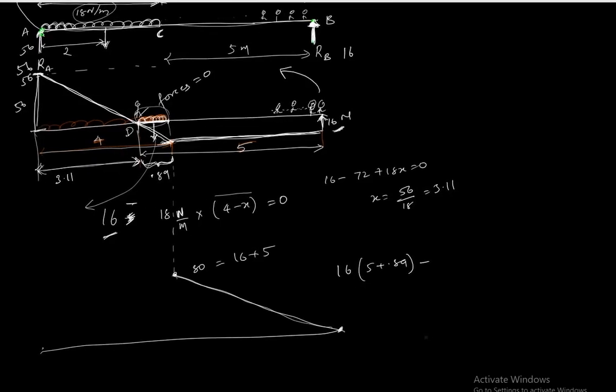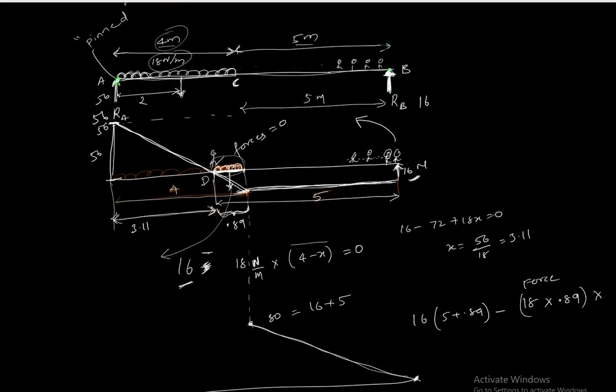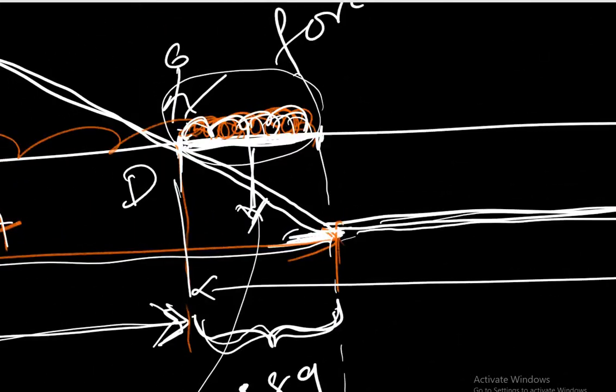So here, let's see, what is the weight of that portion? It is 18 Newton per meter times the distance, which is 0.89. This is the weight, right? This is the force. Once you multiply this distributed load times that length, you get the force, multiplied by this distance. Multiplied by which distance? Now we have discussed before that for a UDL, we're assuming that this distributed load